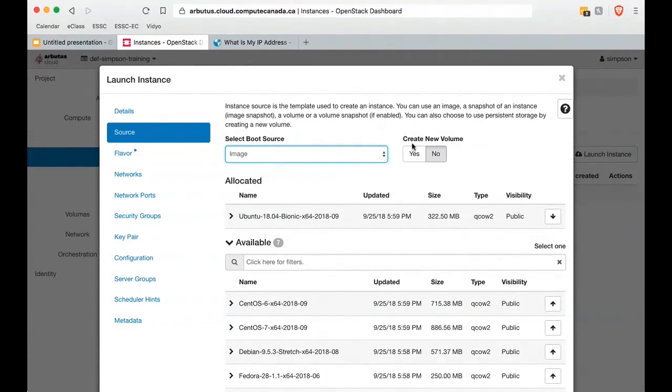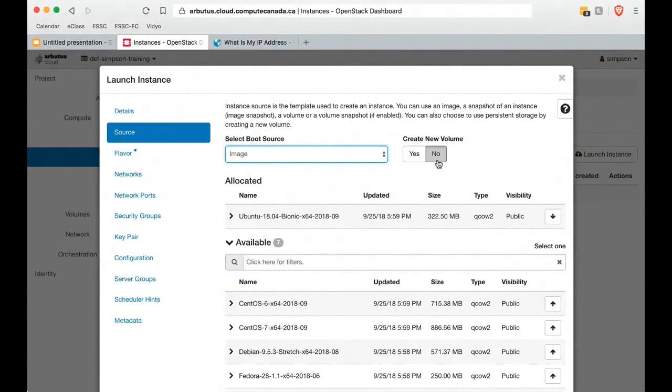Beside this little window is the option to create a new volume, and by default it says no. So what's being asked for here, and this is not directly apparent, so I want to draw this out really clearly, is do we want the volume to have its storage attached directly to the virtual machine, or do we want it separated off? If it's attached directly to the virtual machine, then its fate hangs in the balance with that virtual machine. If I delete that virtual machine or shut it down, then that volume is deleted or shut down.